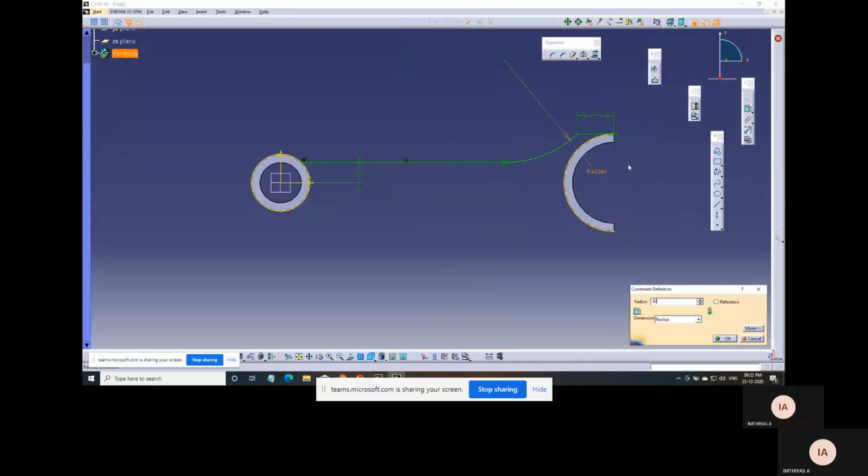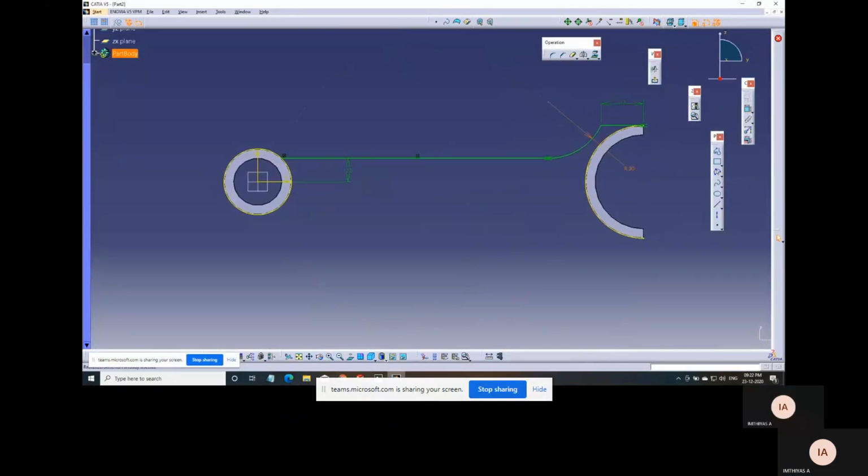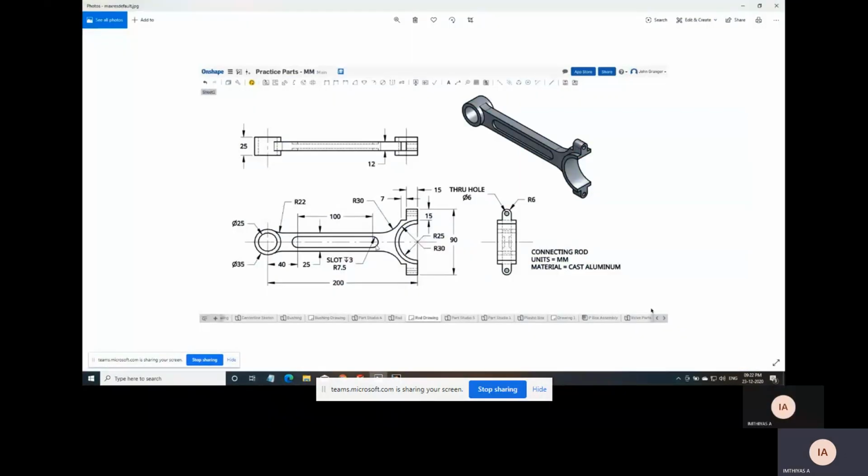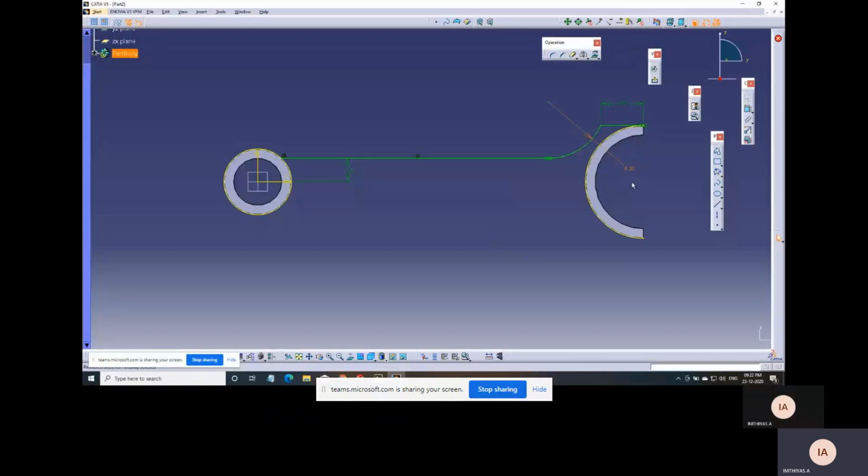The radius is 30, and we'll have a profile of 7 mm. We go for mirror extend with respect to the center, and we make a profile on the other side also.